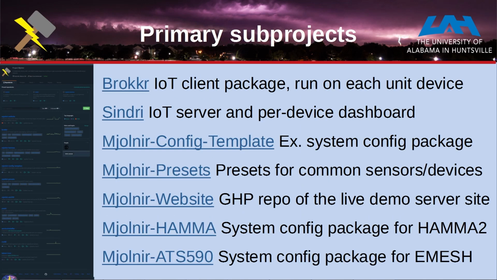Finally, let's go over a quick overview of the primary subprojects that are part of the Mjolnir framework. Brokkr is the client, run on each unit device. Sindri is the server that generates the dashboard. Mjolnir config template is an example system configuration package that contains numerous template presets and plugins for you to get